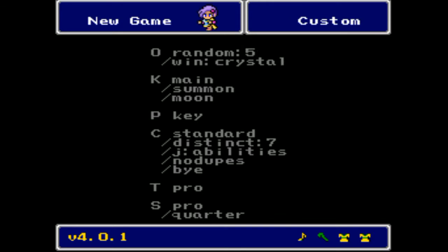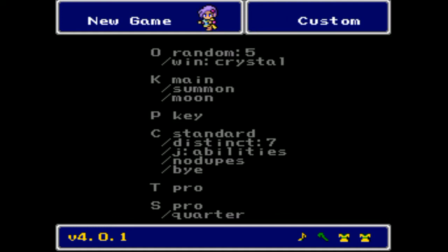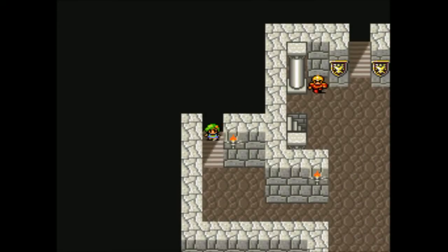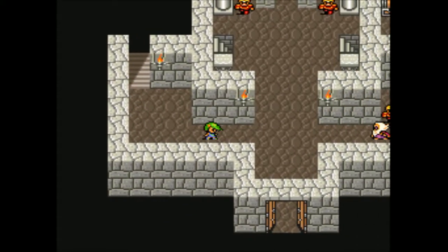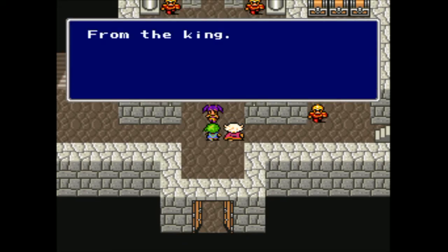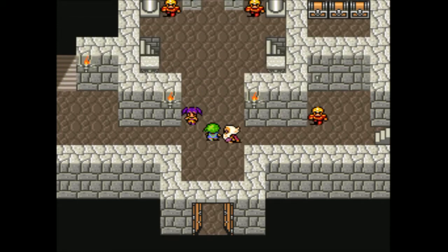So, let's go ahead and get started. Looks like we have a Rydia start, which will be interesting. Oh, Rydia. Okay. The Magma Key. Okay. So Rydia is not